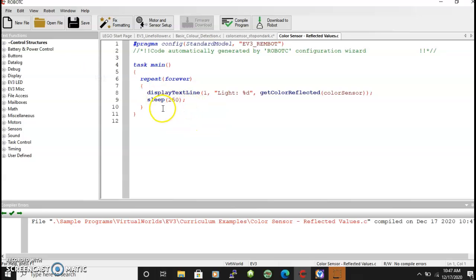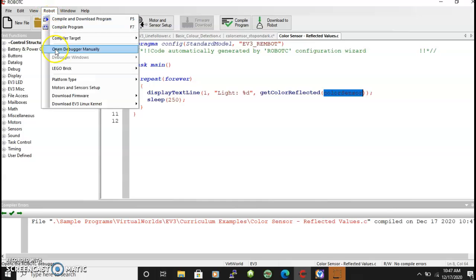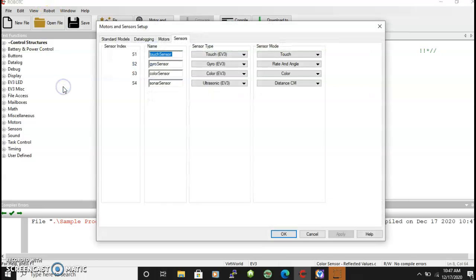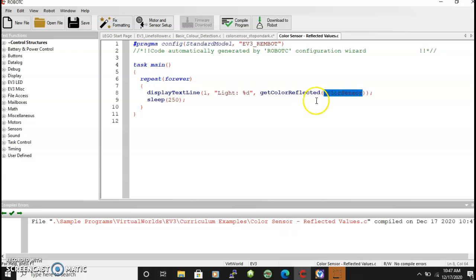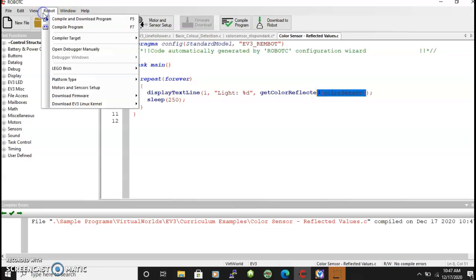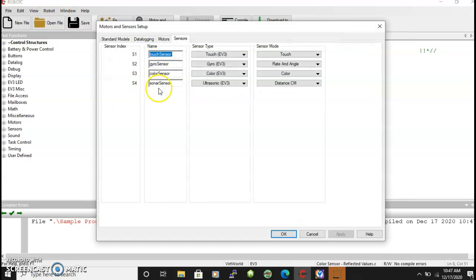and this doesn't give us a lot, but it does give us this: one way to find out what the color sensor is doing is to use this get color reflected command. And then we're going to refer to the name of the sensor that we want, which is color sensor. And hopefully you remember that that color sensor name has to be the same as what we created in our motor and sensor setup. And you can see right there, color sensor had to be named that. Those names have to be the same. What you're calling for here has to be the same as what you set up in motor and sensor setup here. Okay,